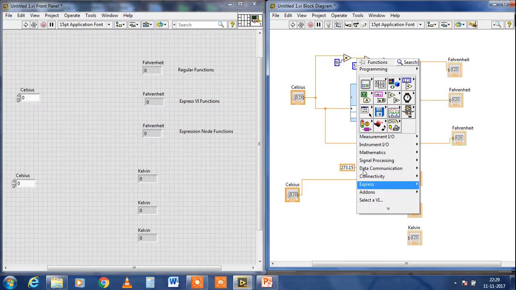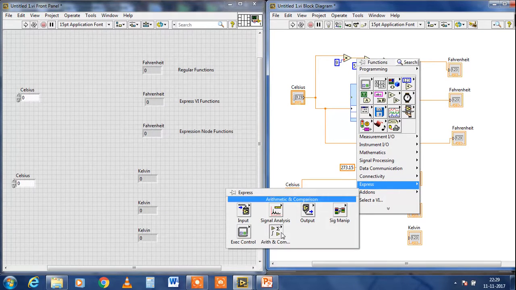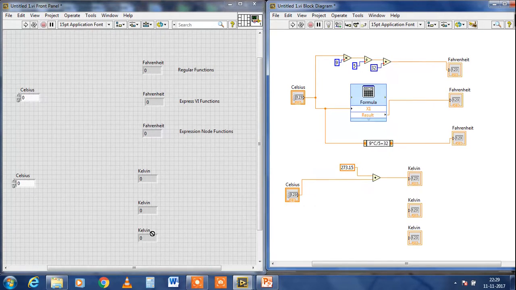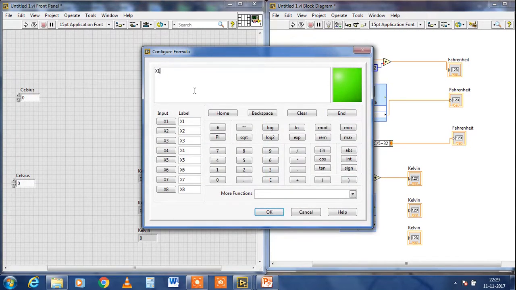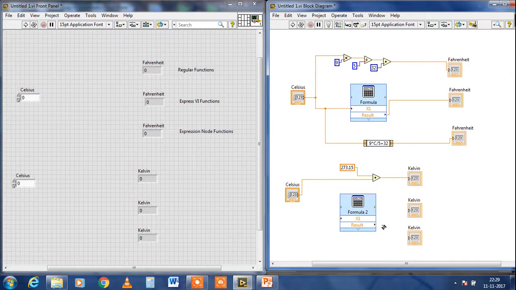Now select the Express VI formula. Here, X plus 273.15. That is the formula for Celsius to Kelvin conversion, and connect that result to the output, and connect that node to the input.